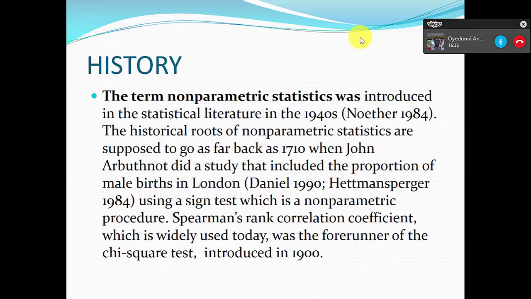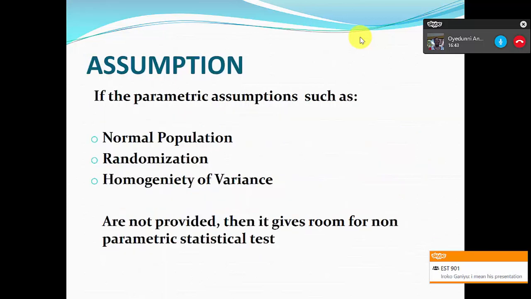Now, on slide 4, the assumptions for non-parametric statistics. If the parametric assumptions, such as normal population, randomization, and homogeneity of variance, are not met, then